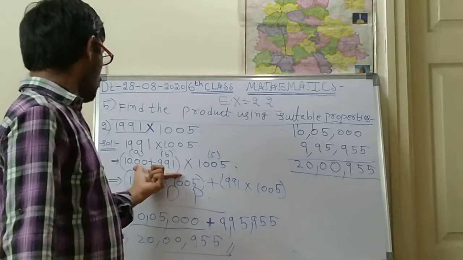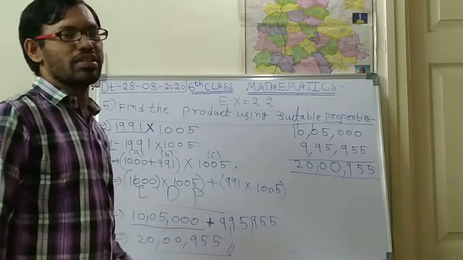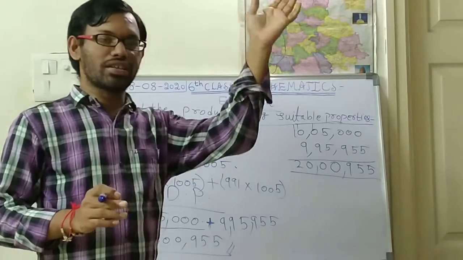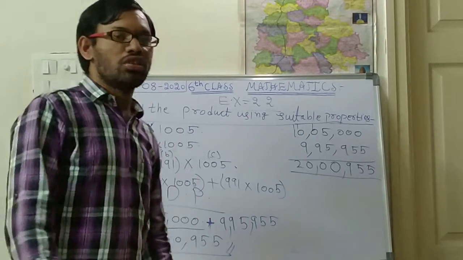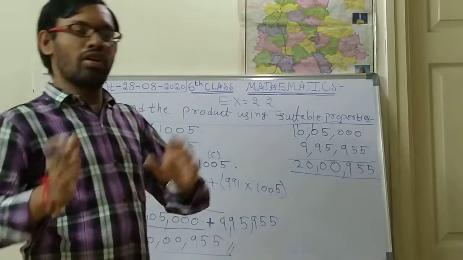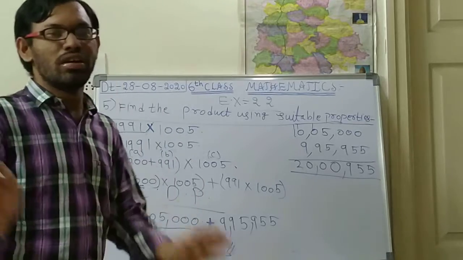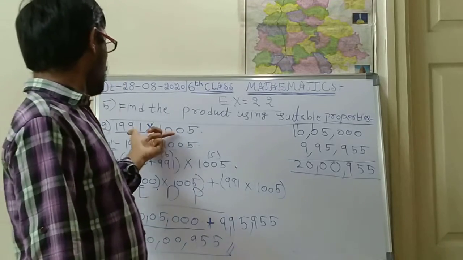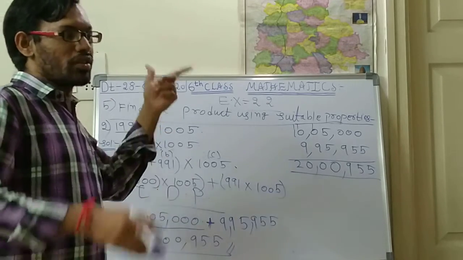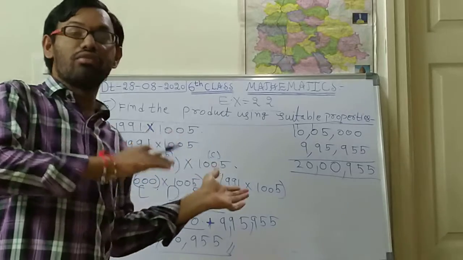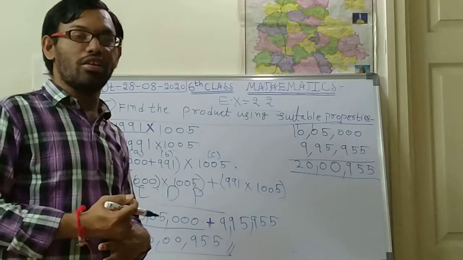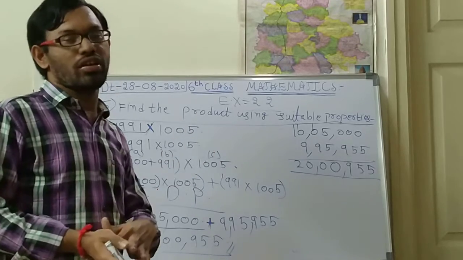Okay. So whatever the conversion into the properties, indirectly we are converting. In the previous classes, we converted directly. In the question itself they gave a property, and we took that property and directly solved the problem. But here in this bit, there is no property given in the question. So we converted it indirectly into a suitable property, and that is the distributive property. Okay. So like this you can change and do the problems.